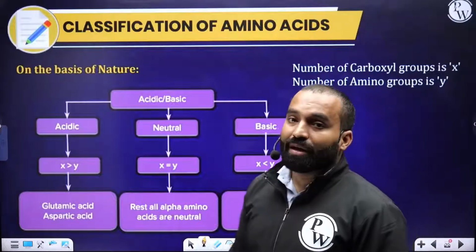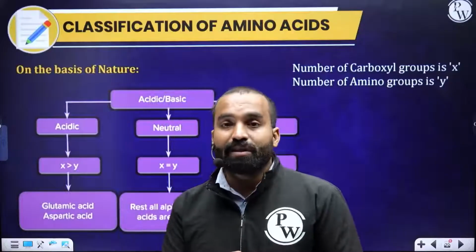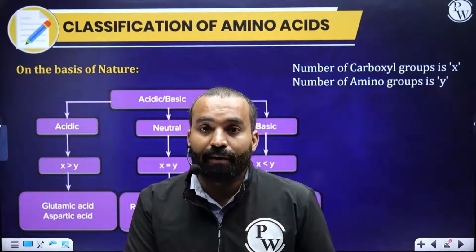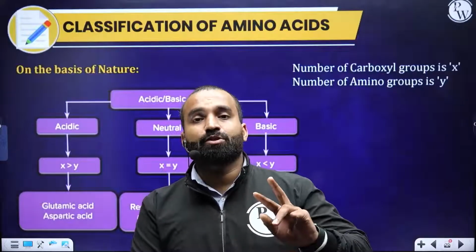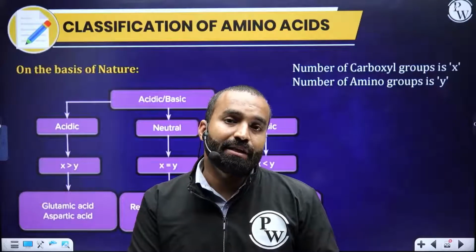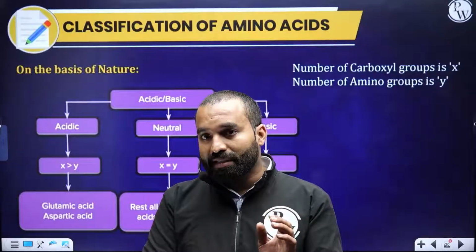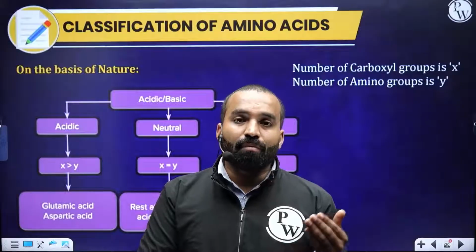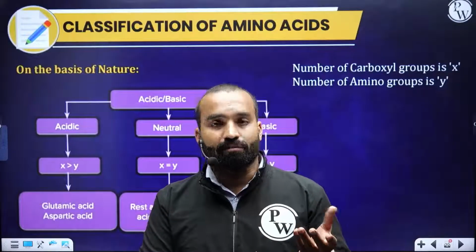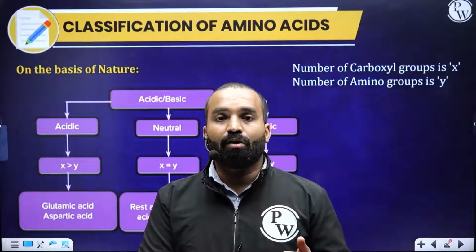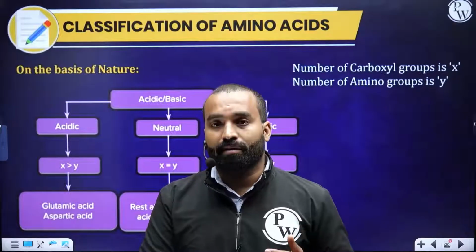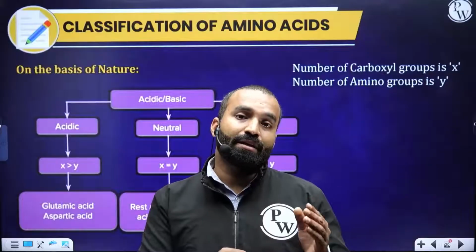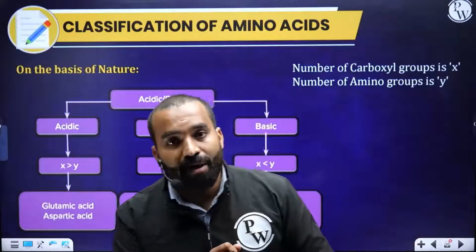Amino acids have classes. One is called neutral amino acid, the other is basic amino acid, and the last is acidic amino acid. How do we identify them? Based on the total weightage of acidic or basic groups. You know, the amino group is basic and COOH is the acidic group. If the number of acidic and basic groups are equal, that's a neutral amino acid. If the number of acidic groups is more than the basic, overall it's acidic in nature. And if the number of amino groups is more than acidic groups, then it becomes a basic amino acid.